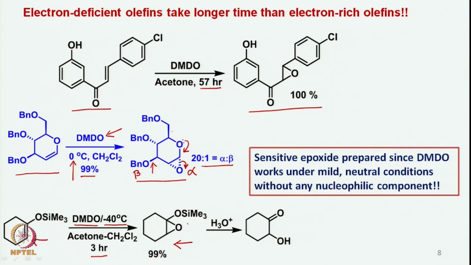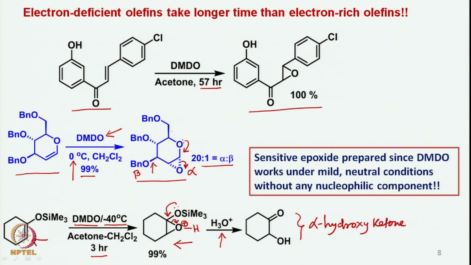As one can imagine, under acidic conditions with H3O plus, this epoxide can easily open, the protonation would occur here, and then the bond will break, and eventually you would get the hydroxy ketone. So you can get alpha hydroxy ketone readily if you start with